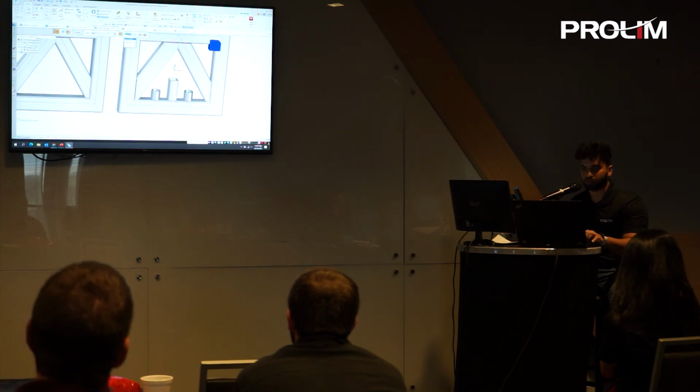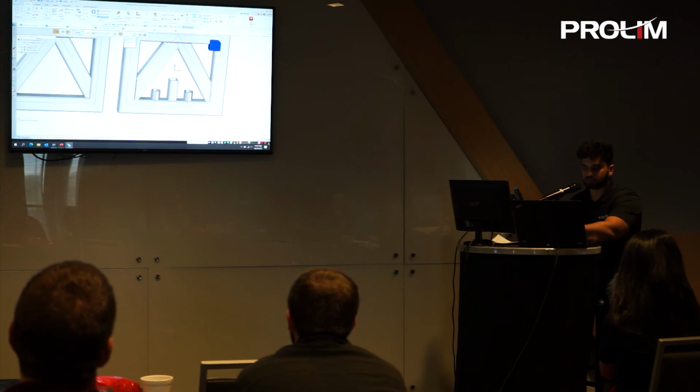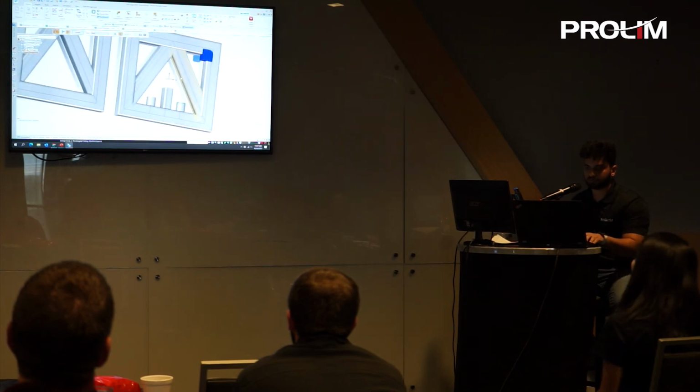So you have the option to add the weld gap. If you decide to have a weld gap of 6 mm, just say for example, sorry. And I'll select the next surface right here and accept that.